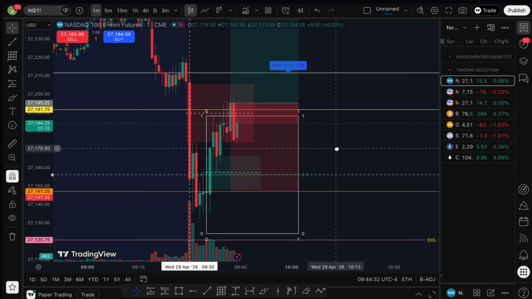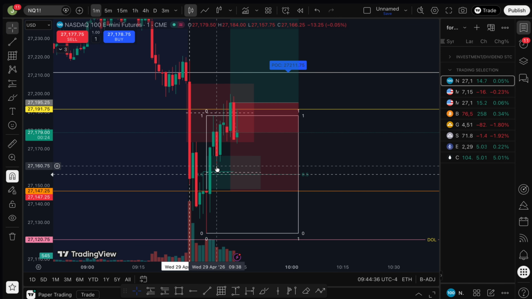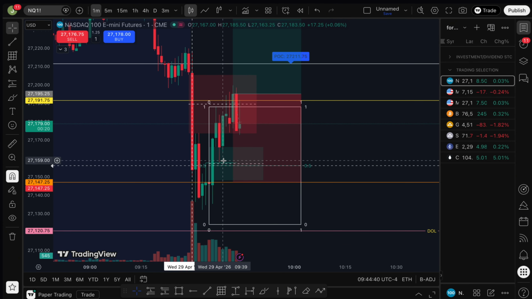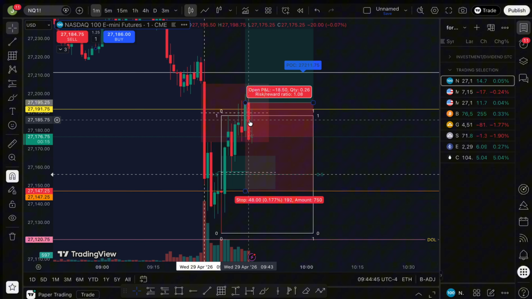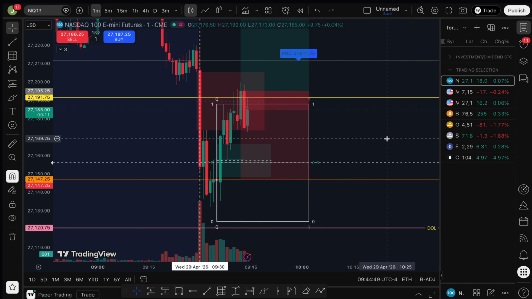We're gonna see what happens. Let's see if I get stopped out, if I would have entered. Let's see if I didn't listen to my strategy, my equilibrium, and entered only off a respect of this fair value gap. Then let's see if I would have won this trade. Let's see if not listening to my strategy worked.